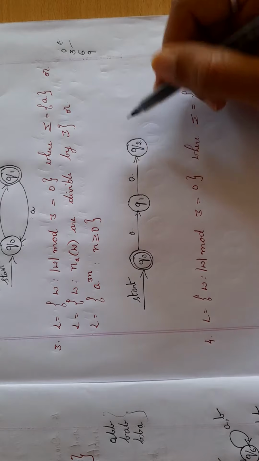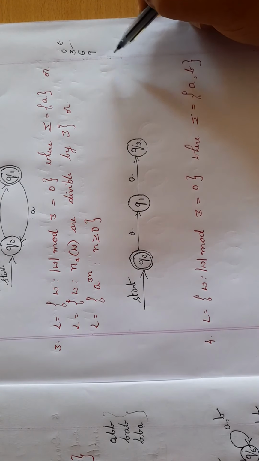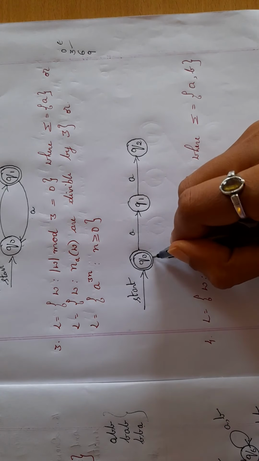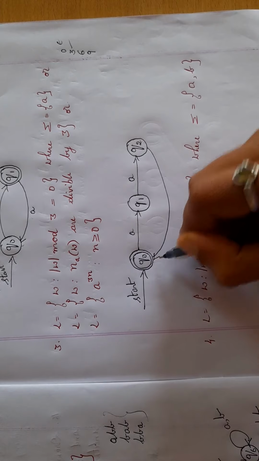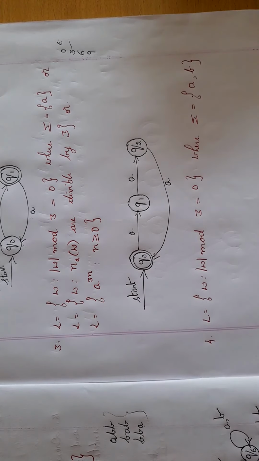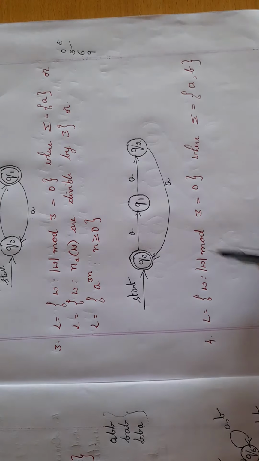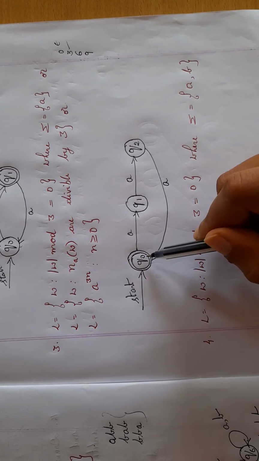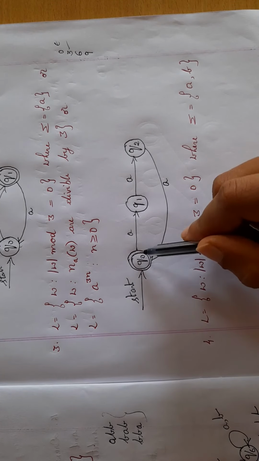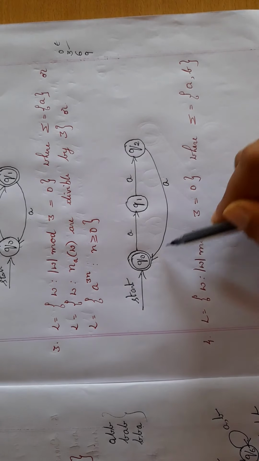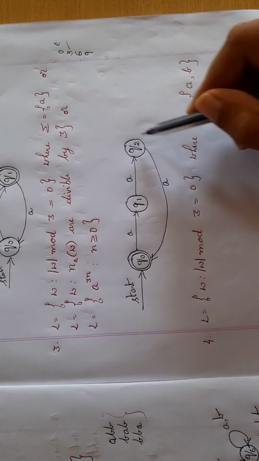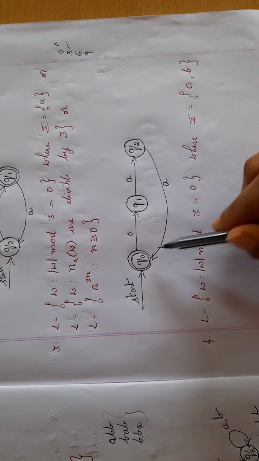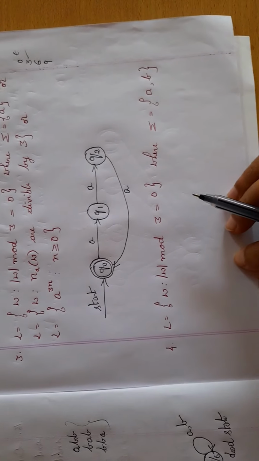But I will draw it in such a way that it should accept for all other conditions. So this is not a K counter problem. What I'll do is after 2 A's, my third A, I'll get it back to Q2. So you can see here 1A, 2A, 3A. Next, if I want to come to the accepting state again, it will be 4A, 5A, 6A. So no matter how many times you traverse, you should traverse through 3 A's. So this will be the solution. Okay, so we shall go for the next problem.